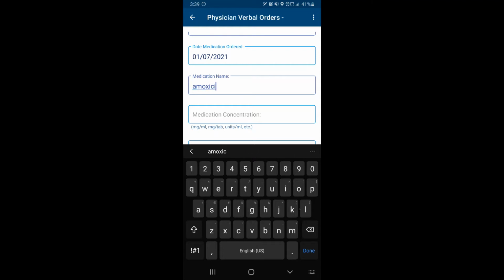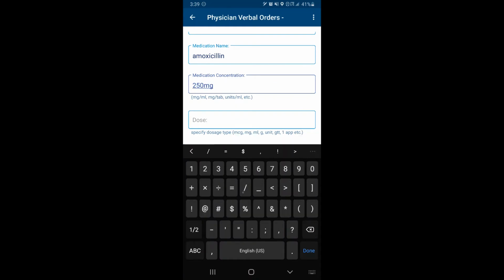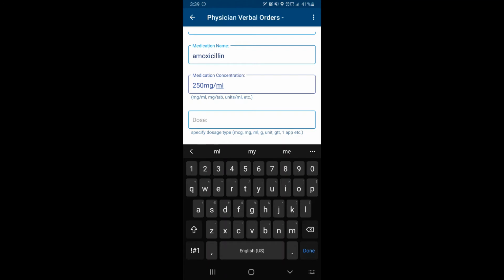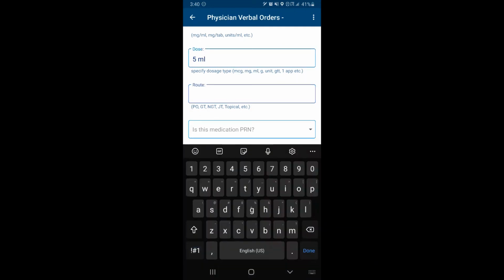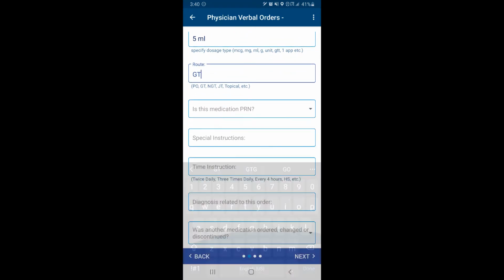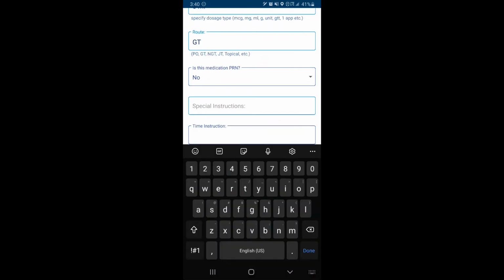All right, this is the part where you guys really know what you're doing. I'm not even sure if I'm spelling this right. And then medication concentration. All right, don't forget that you are going to put the label in here as well. All right, and then your dose. And the dose, you're going to specify the unit here as well. You're going to do your route. And then come down here, it's not PRN. No special instructions for this one, but here are my time instructions. So we are going to do this 3 times a day